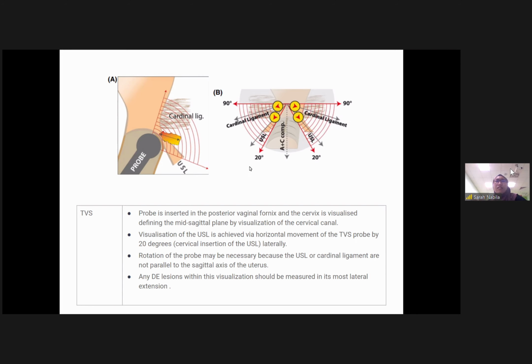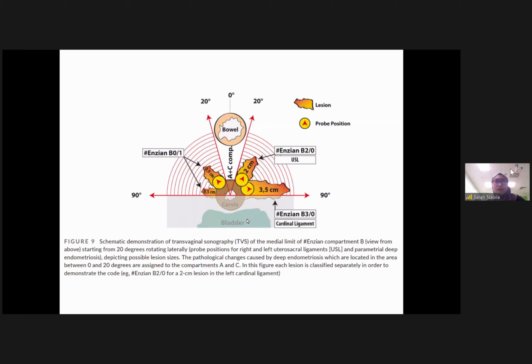Okay, this is an example they provided. This is a TVS to assess compartment B. So you can see here the encoding of the findings, hashtag ENZIAN. B is compartment B. 0 here is the left side and then the right side. So 0 is here, B0. And then over the left side, and for the right side,